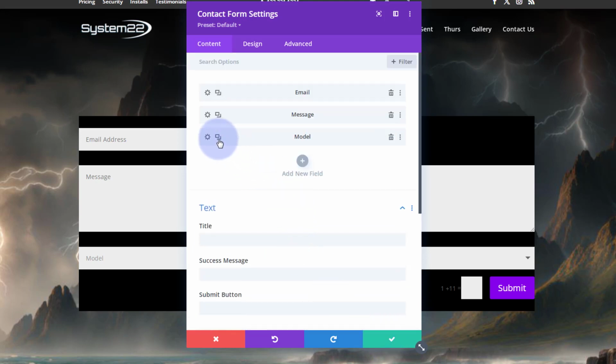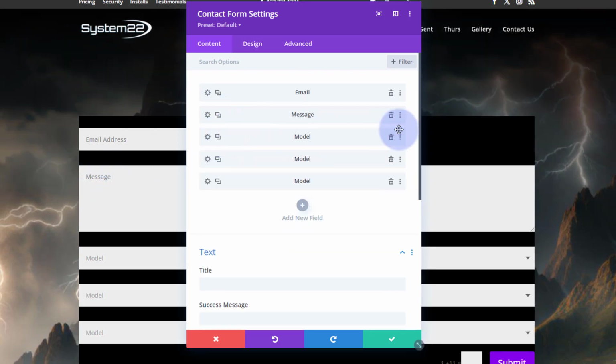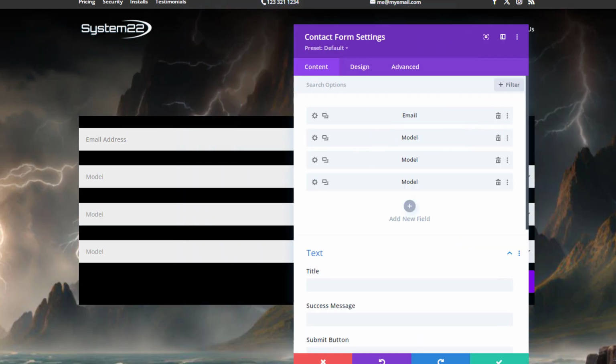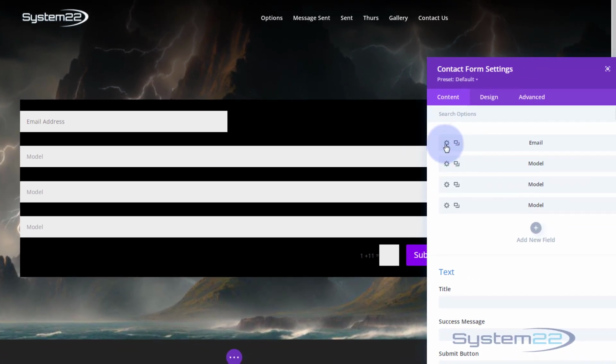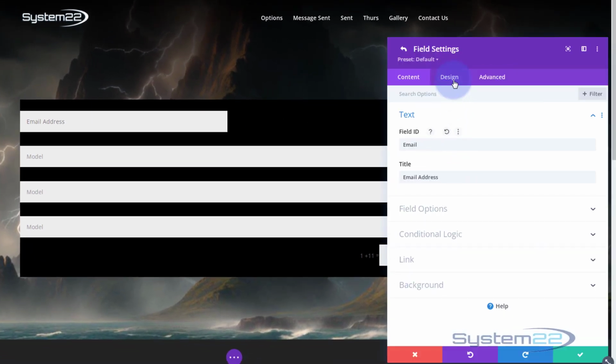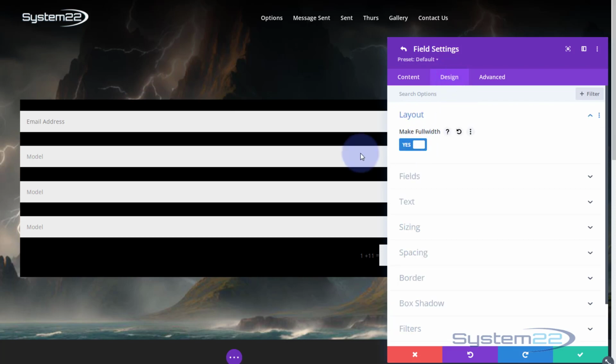I'm going to clone it a couple of times or duplicate it with the 2 little squares there. 1, 2. I'm not going to have the big message box up there. I don't think I need it. So I'm going to delete that. Now, I want my email address to be full width. So I'm going to go in there. I'm going to go over to design, layout, make full width. But these other fields I don't want to be full width. So if I save that,